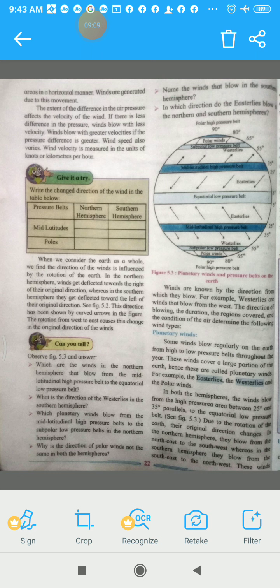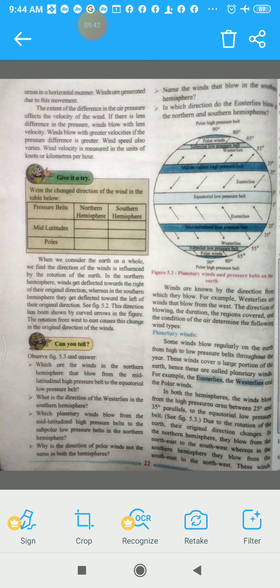Some winds blow regularly on the earth from high to low pressure belts throughout the year. Yes, on the earth's surface we see that there are some types of winds that blow throughout the year. The whole year these winds are blowing. These winds cover a large portion of the earth, hence they are called planetary winds. So these winds which blow throughout the year and cover an extensive portion of the earth are called